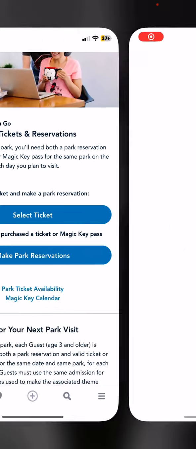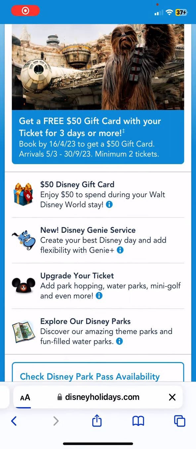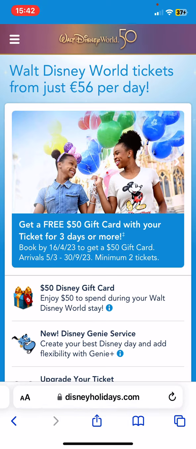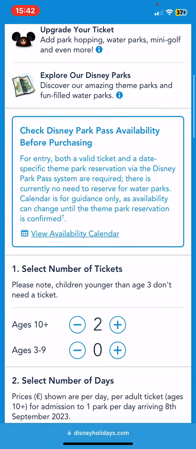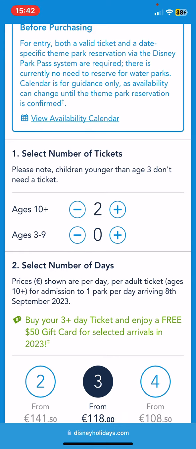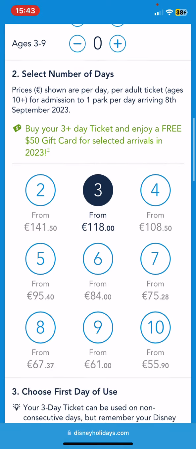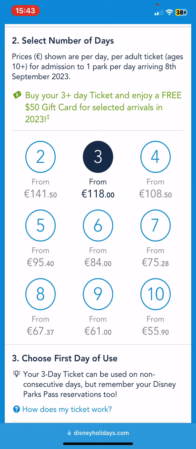So just click on the one that you want to continue with, and as you can see, if you scroll down, you have to select the number of tickets. So just click on the plus sign next to the one that you want to add, and then you have to select the number of days that you want to be there,